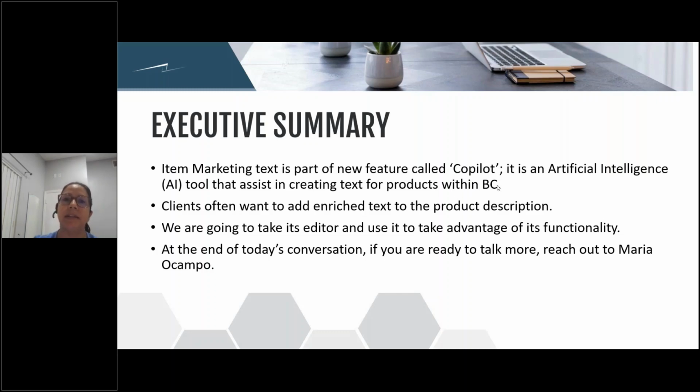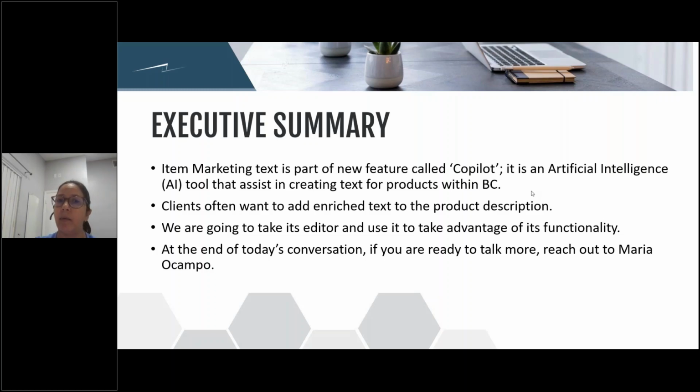We have seen this in the past where a customer wants to put more enriched text to the item descriptions, and by not having that capability, we ended up extending the item and adding something similar to the